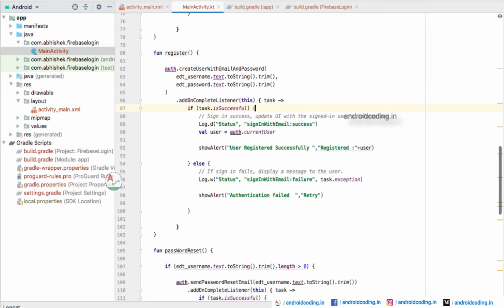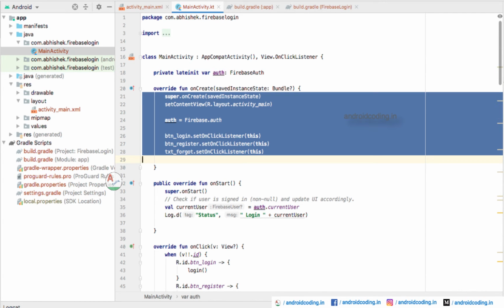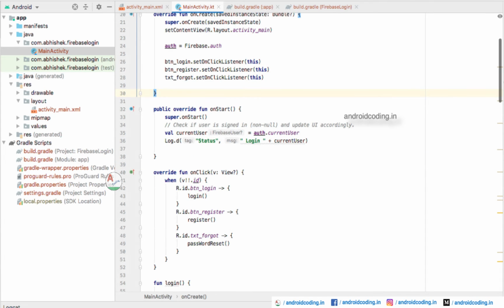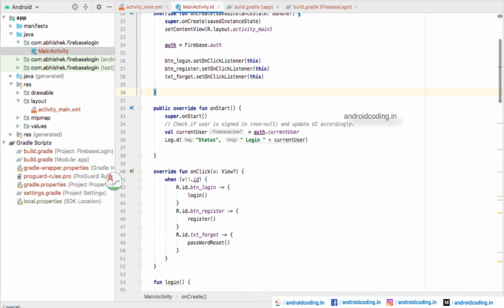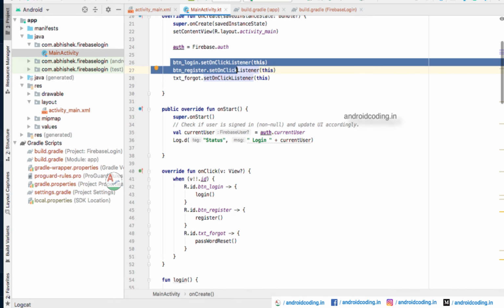Here we need to initialize an authentication variable using Firebase. When you add these dependencies you can make use of these classes: Firebase authentication, Firebase, and so on. If you have any problem importing these files you may comment in the comment section below, or reach me through my Instagram handle. We can discuss later. Here we have added two buttons and a text view: the login button, register button, and forgot password text view. If you have any doubts you may refer to the card.